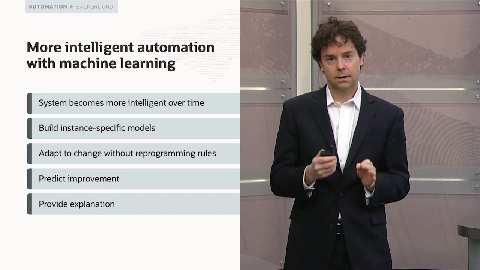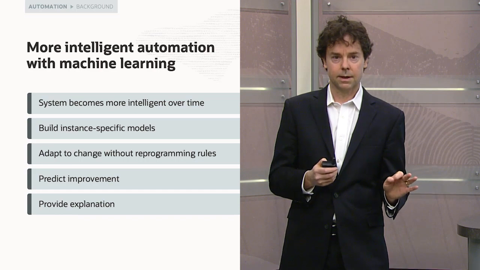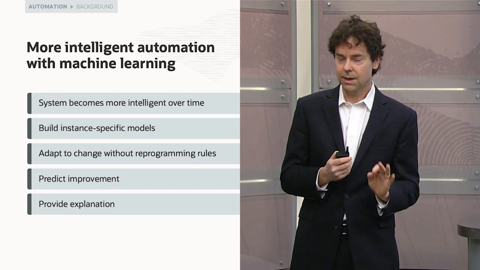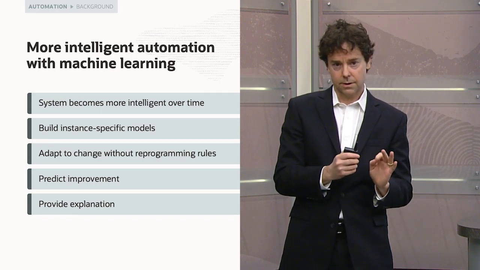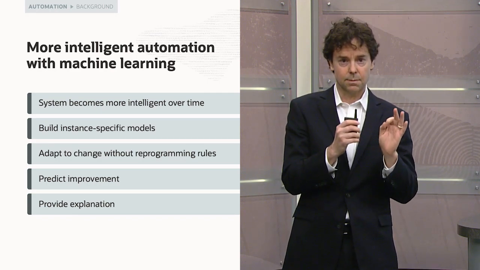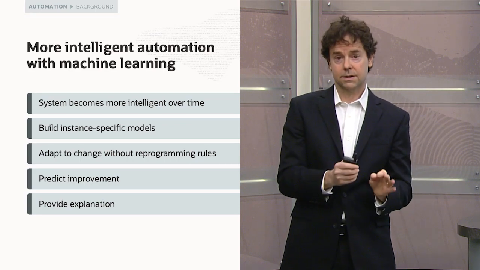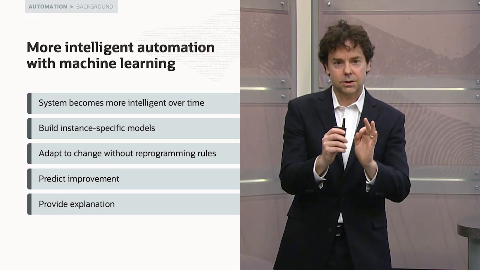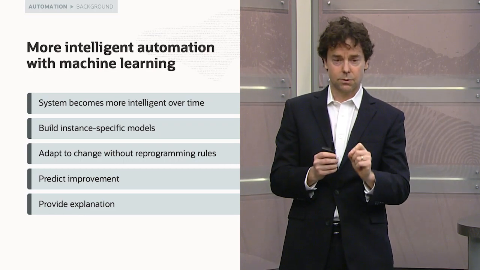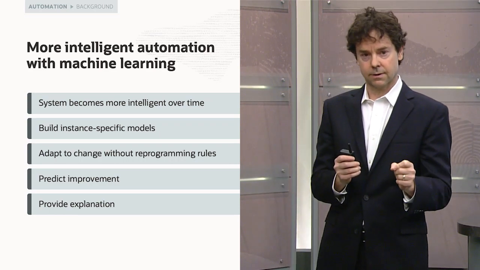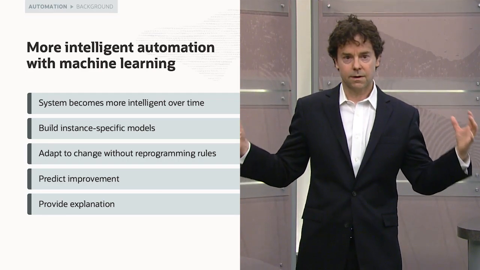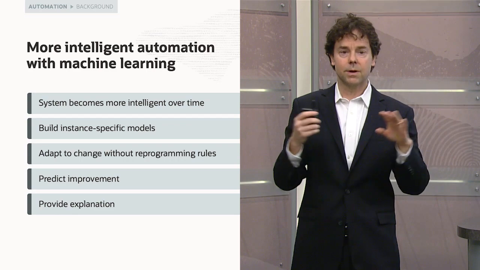The machine learning in Autopilot for MySQL HeatWave, we build instance-specific models. What that means is that we train those MySQL Autopilot models on your running instances. So what Autopilot chooses to do in your instance is tuned specifically for your instance. We don't do learning across the big sea of MySQL HeatWave instances and apply what we learn to everyone.